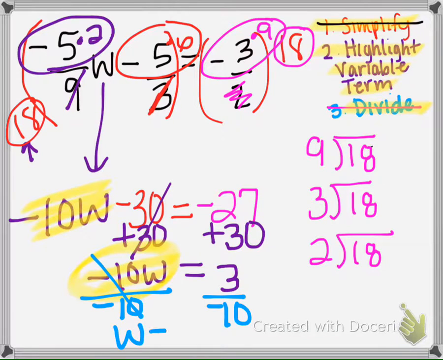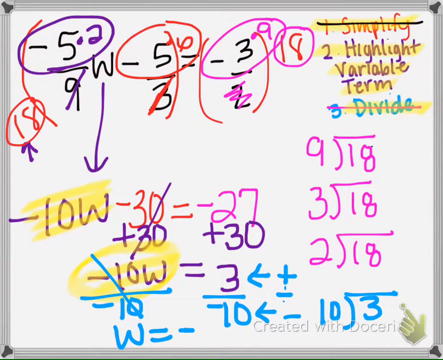And now we get W equals, we have a positive divided by a negative. So we get negative. And 10 can't go into 3. 3 divided by 10. 10 cannot go into 3, so it would end up being a decimal, 0.3. So we could write our answer as W equals -0.3, or we could leave it an exact answer and leave it as